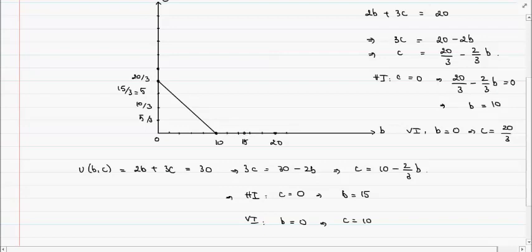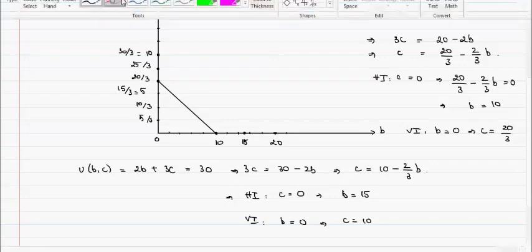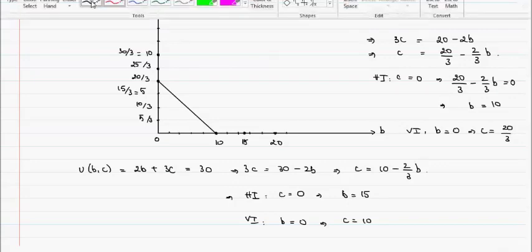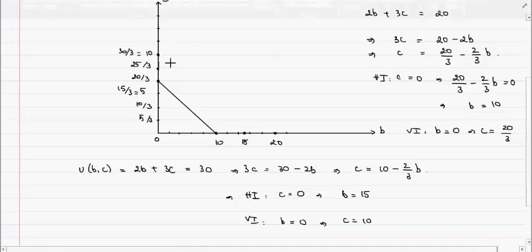So this is 12, 14, so 15 will be in the middle over here. Okay, and vertical intercept is where B equal to 0, C equal to 10. 10 would just be 30 on 3, so this is 25 on 3, and this would be 30 on 3, which is 10, which is here. Okay, right, so if I again connect these 2 points together